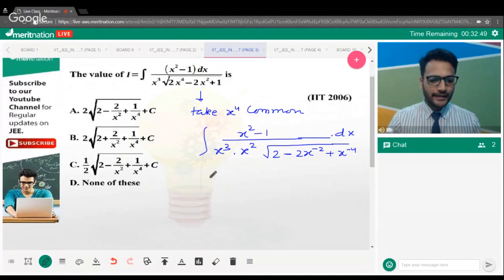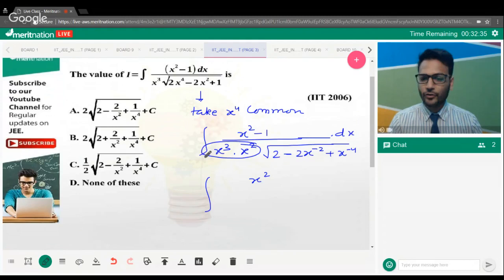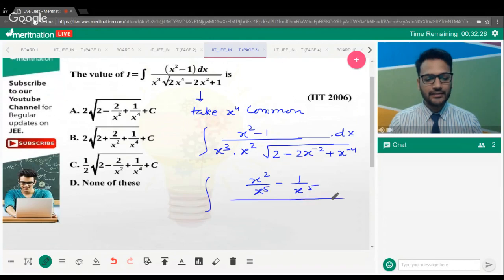All right, so over here, how to go about it? I've just taken again what common? x to the power n. The highest degree term over here, I've taken it as common. We'll take x to the power n as common to solve all such questions. So over here, we can have, this is x to the power 5. I hope all of us can analyze. So I can shift this x to the power 5 to the numerator. It will be somewhat like this. In the denominator, we have 2 minus 2x to the power minus 2 plus x to the power minus 4.